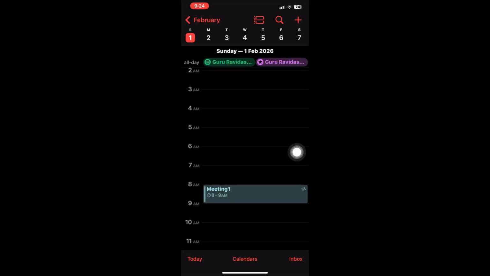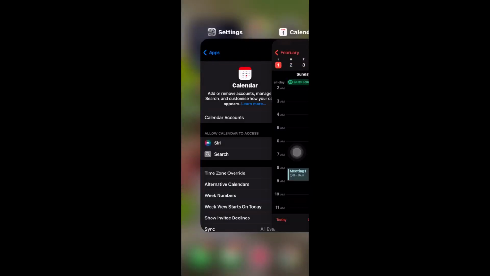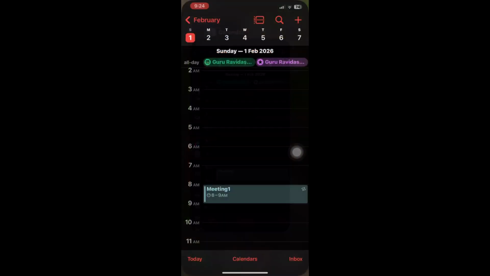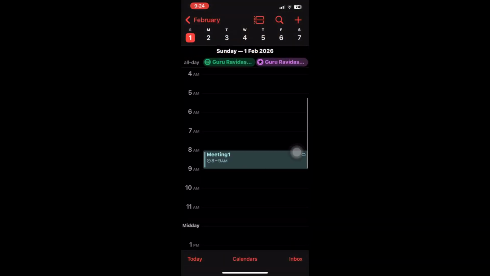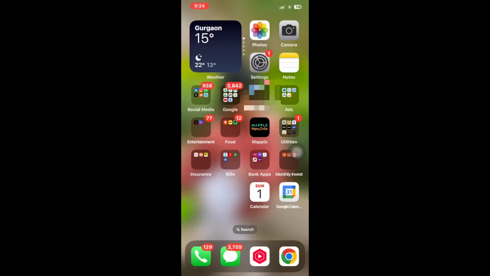Now you can see that 8 a.m. to 9 a.m. meeting 1 has been populated. Same meeting which was in Google Calendar, now it is in iPhone calendar automatically. If I go and update my Google Calendar again,